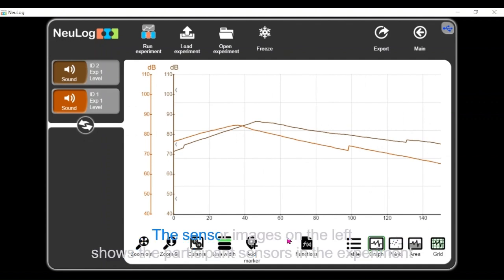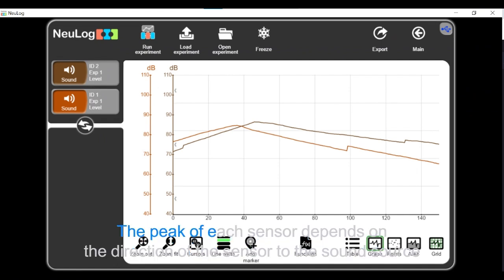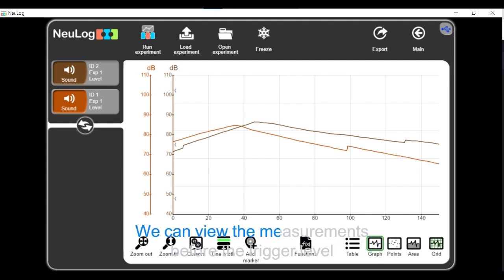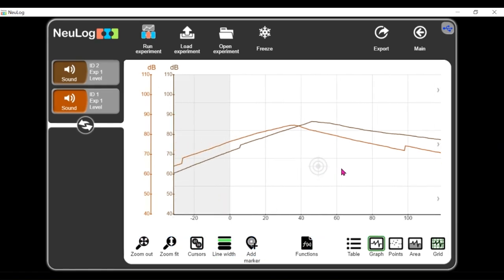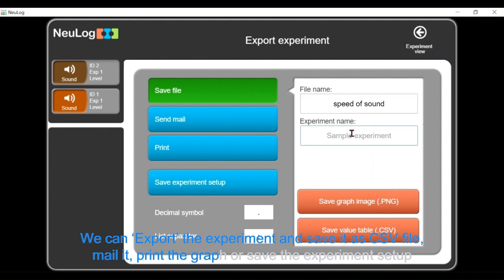The sensor images on the left show the participant sensors in the experiment. The graph of ID2 sensor is similar to the graph of the ID1 sensor, but in delay. The peak of each sensor depends on the direction of the sensor to the sound source. We can view the measurements before the trigger level. We can export the experiment and save it as CSV file, mail it, print the graph, or save the experiment